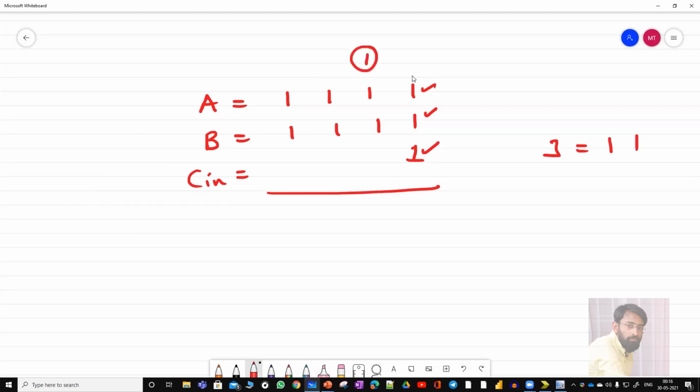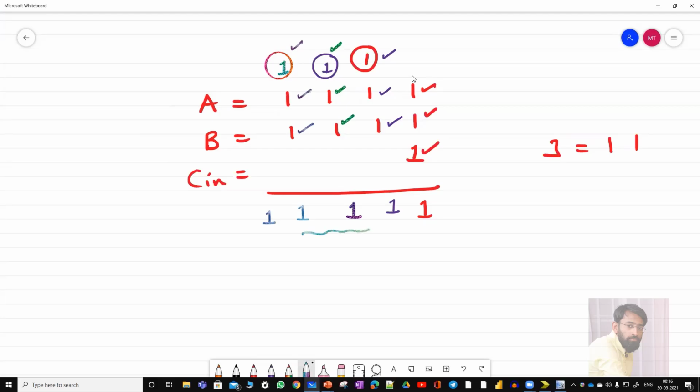So carry is 1, sum is 1. Next, 1 plus 1 plus 1 is again 1 1, so carry is 1, sum is 1. Next, again 1 plus 1 plus 1, carry 1, sum is 1. Next, 1 plus 1 plus 1 will give carry as 1, sum as 1.